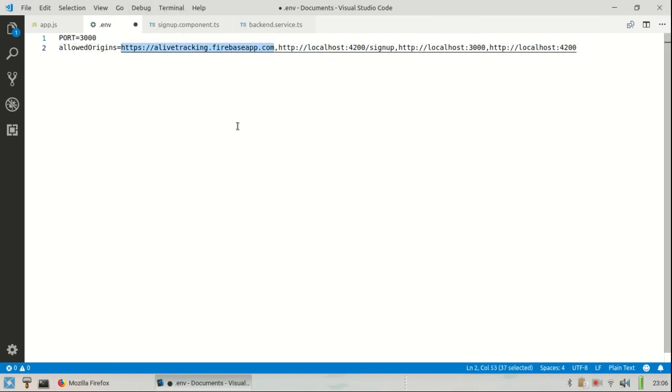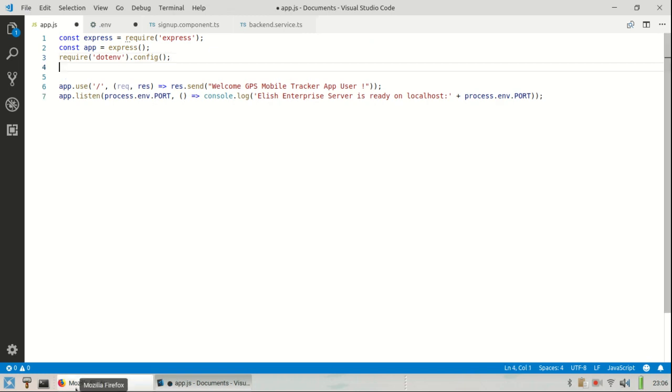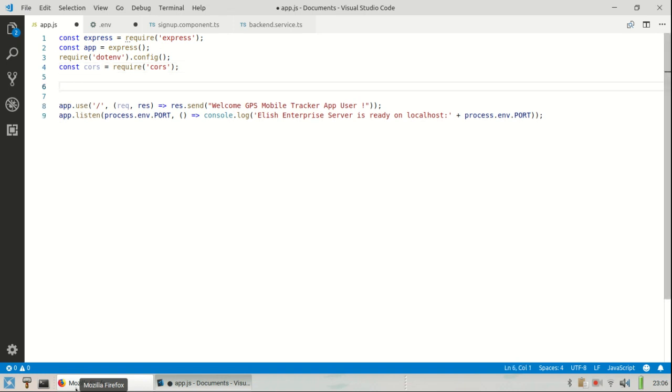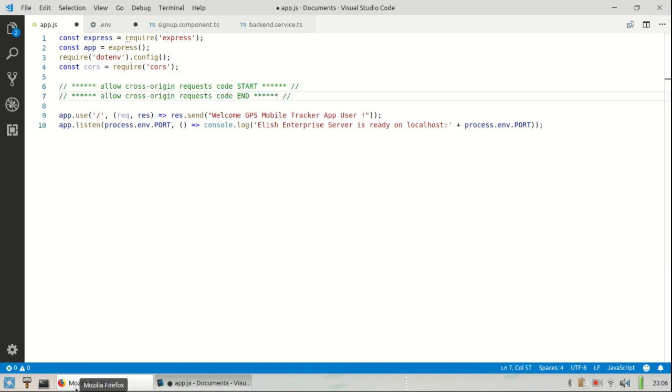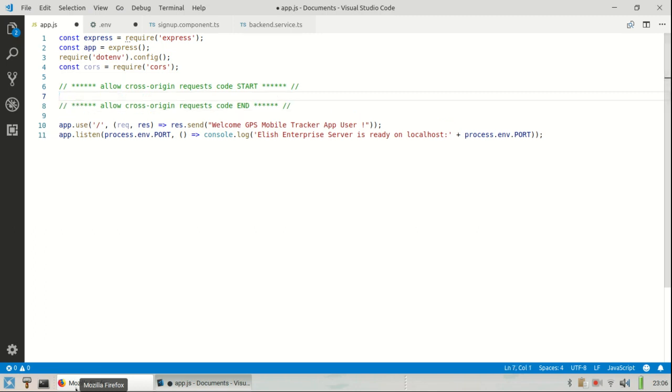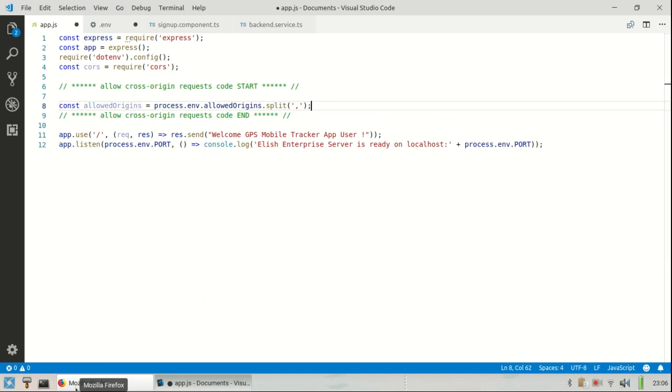Make sure that once you host your application, you add your application to this allowed origin, otherwise it's not going to work. So let's go to app.js. Next thing I want to do here, as you can see, I will define a constant and call this a cors module here. I'm going to put some comments and put the entire block related to cors inside this comment box here. Okay. So I'm going to call this allowed origin, and